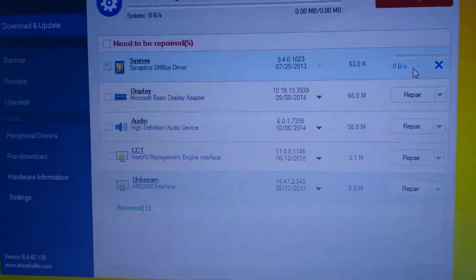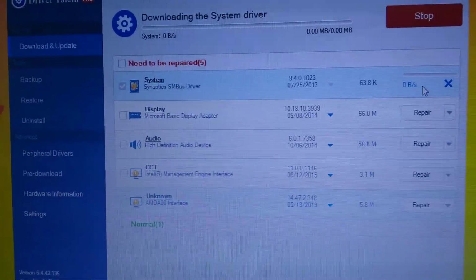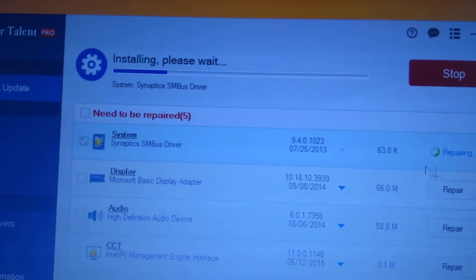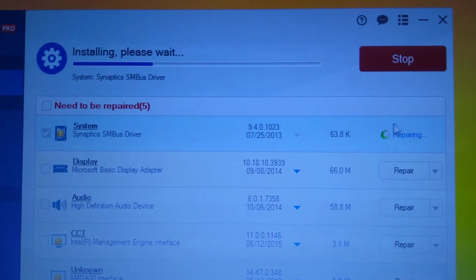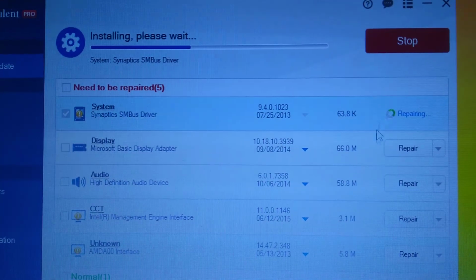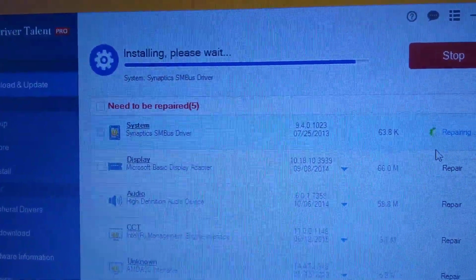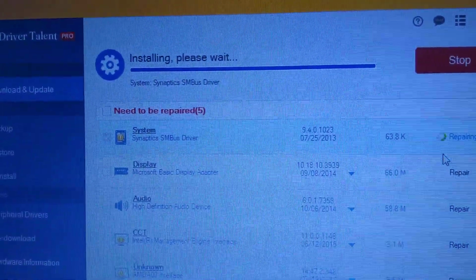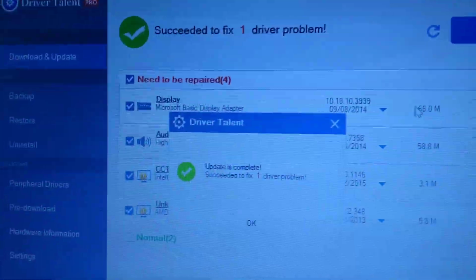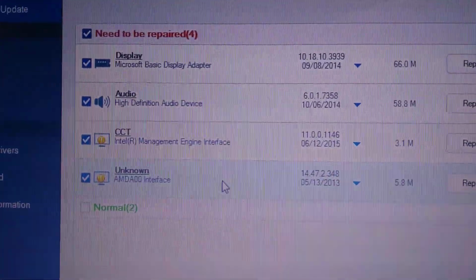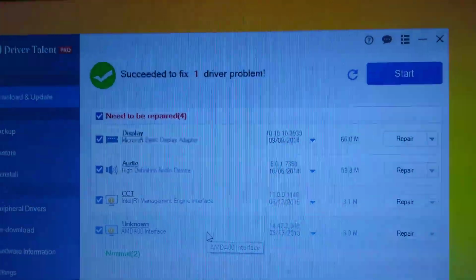Okay, it depends on your internet. Here download completed, so now it is preparing for your installation. See, yes, so one driver update is complete. Okay, clear. So that is how to download your